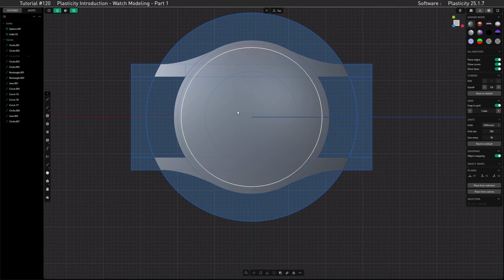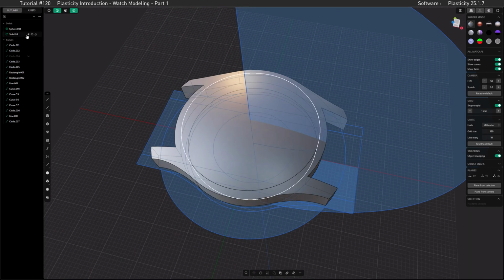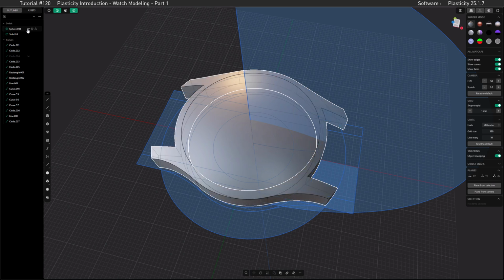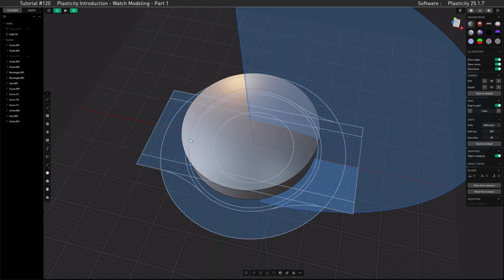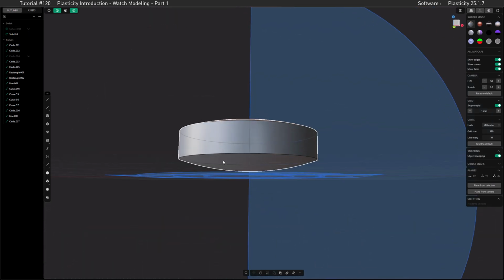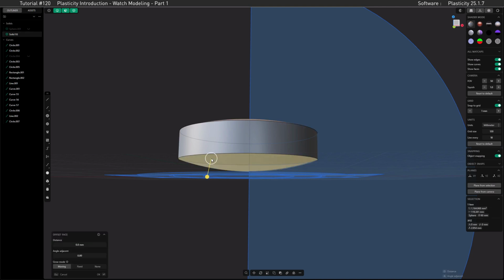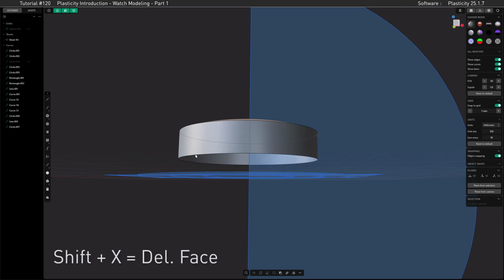Here we go. So what we have here now is an outer and an inner watch part. What I want to do is go with the inner for now and select the down face here. So let's go into face mode, shift click on that. And then first you go into object mode. And once the object is active, we can select faces. So this one here. Other than in polygon modelers, just deleting it will not work. So what we need to do here is go with Shift X instead, which is the delete command for faces